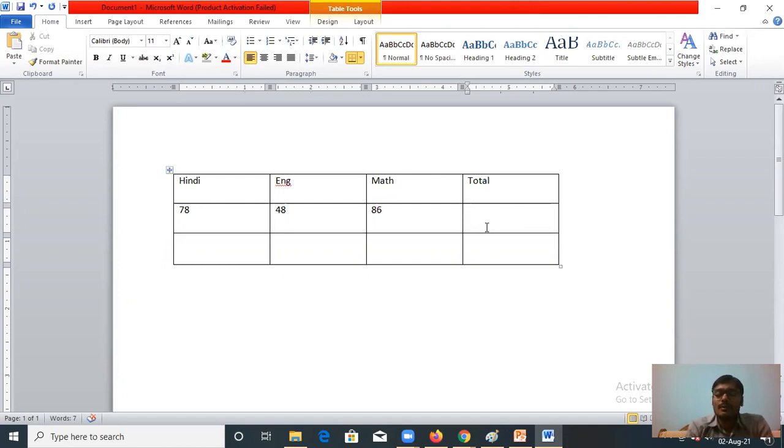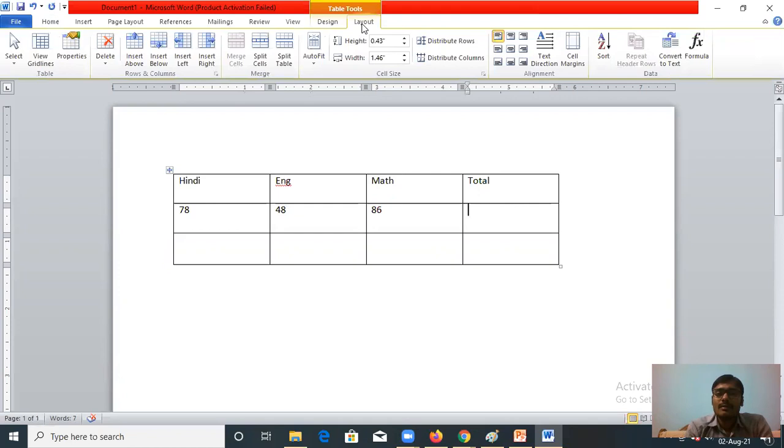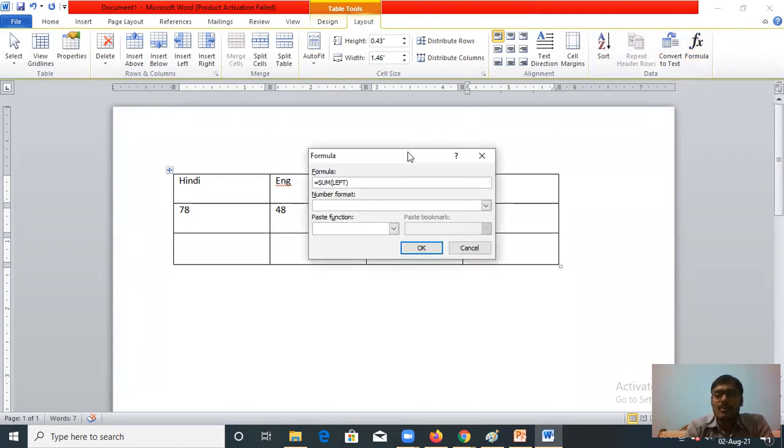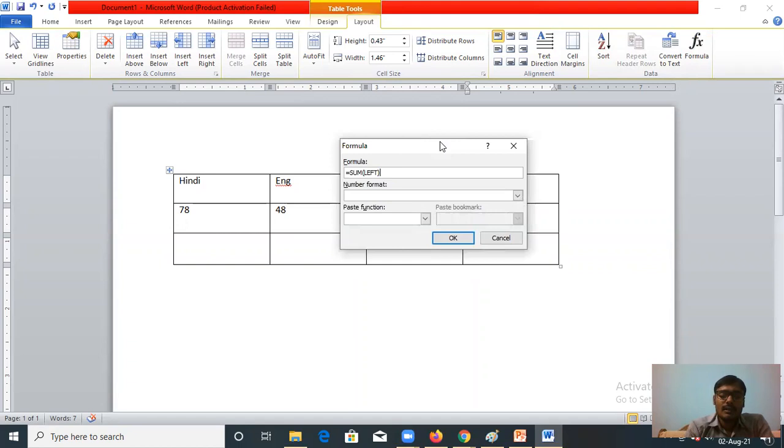Now step 2. From the layout tab in the data group, click formula. So first you have to click on the layout tab. Now here you have to click on the formula. At the top right corner you can see FX is written here. This is the formula tab. You can click on it. Now a dialog box will open in front of you. This is the formula text box. You have to type the desired formula or select from the given functions. And after writing the formula, you have to click on OK.